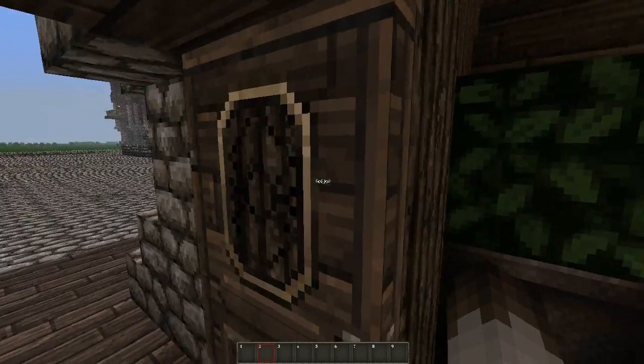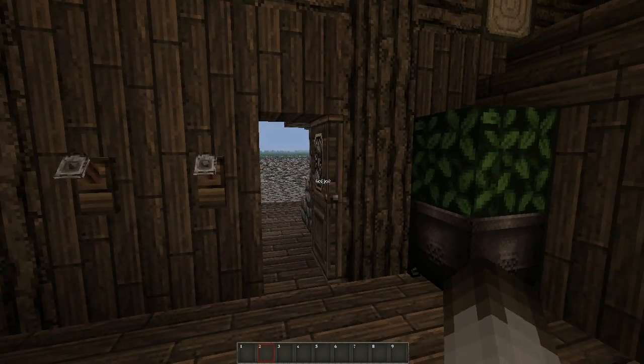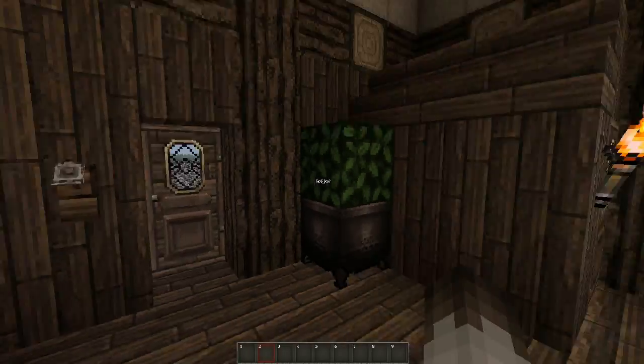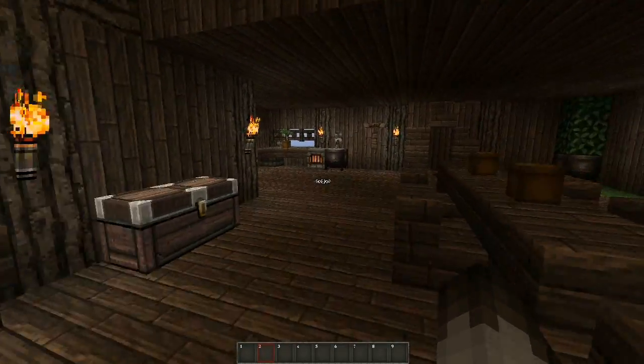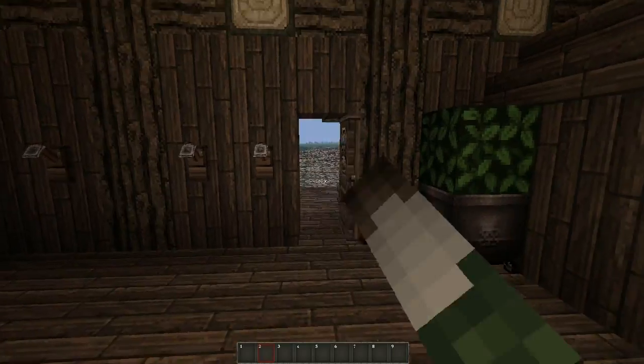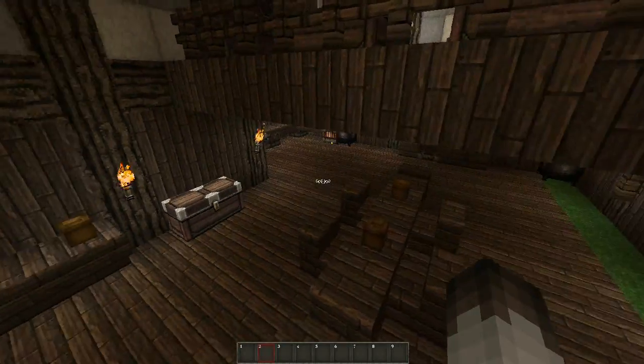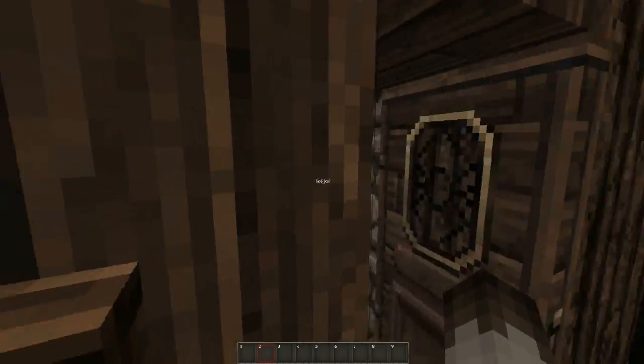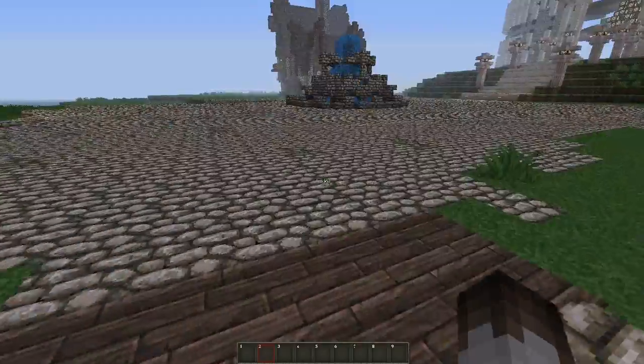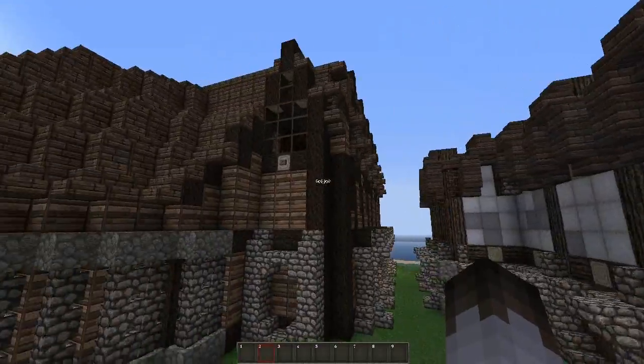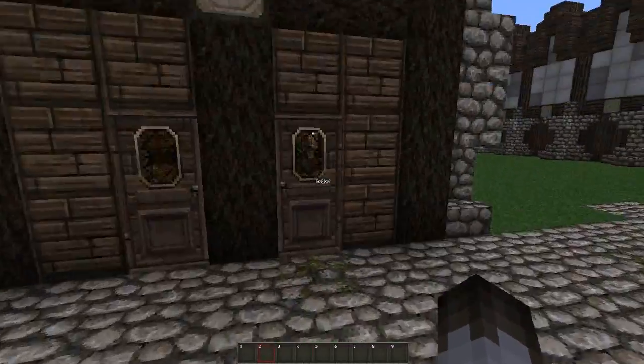Now, why did that close by itself? This door is like cursed or something. Every time I do this, as I was building this, I would open this up and do maybe some edits in here, and then all of a sudden I turn it on and it's closed. And I'm like, okay, that is weird. But anyway,